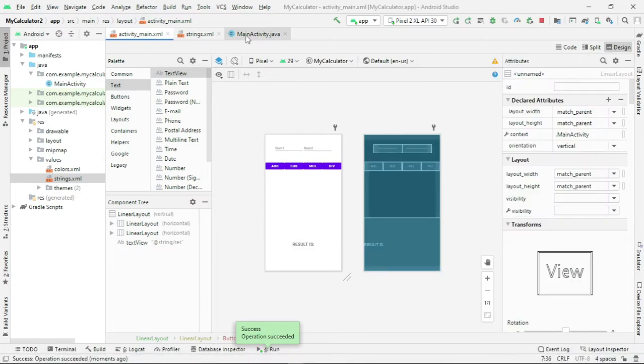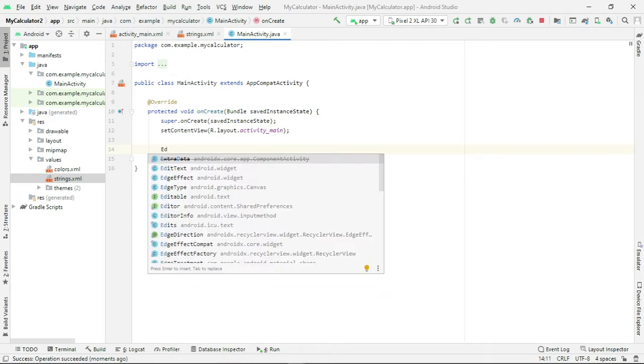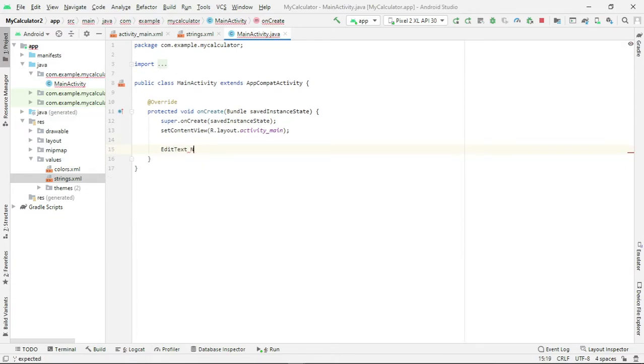Now let's write the Java code. First, let me write the variables. Declare variables for buttons and the edit text. Two edit texts are there and 4 buttons are there. Edit text, let me name it num1.